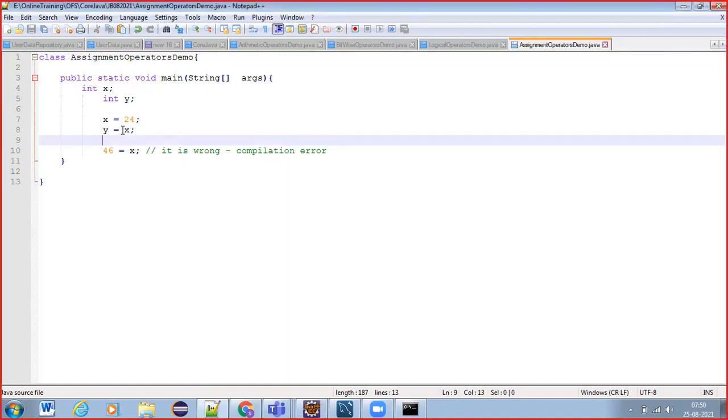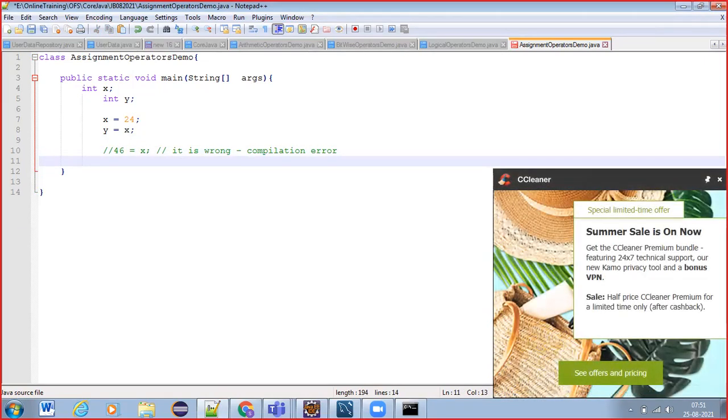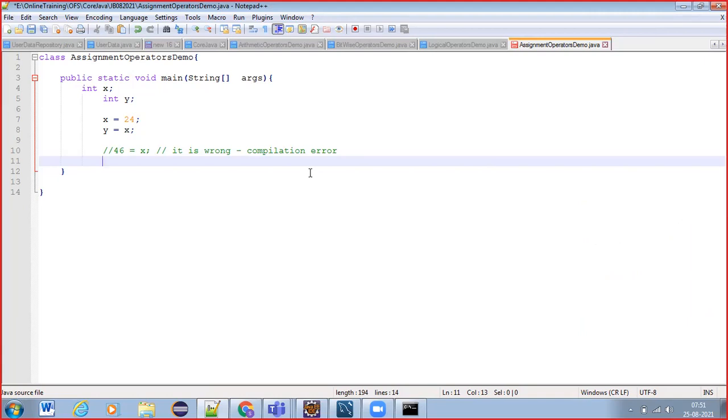So next, other assignment operators, what do we have? So we can comment it, other assignment operators. So we can experiment with System.out.println x plus equals to 4, or y also we can write, but let's take a small value so that it will be easy to observe the behavior. x plus equals to 4.